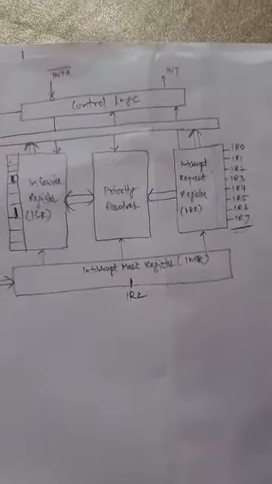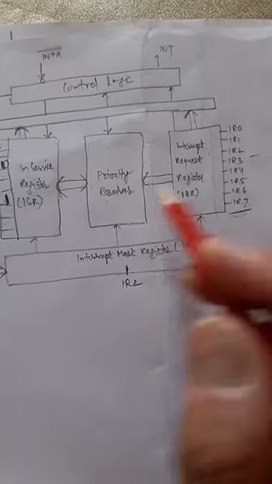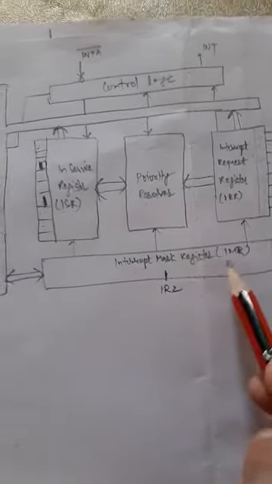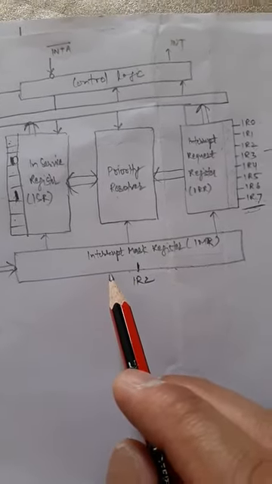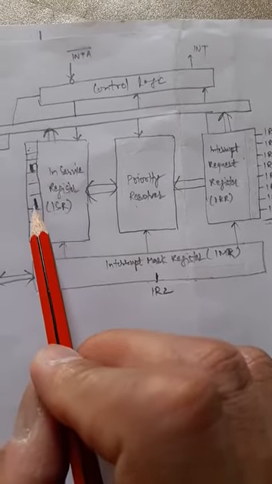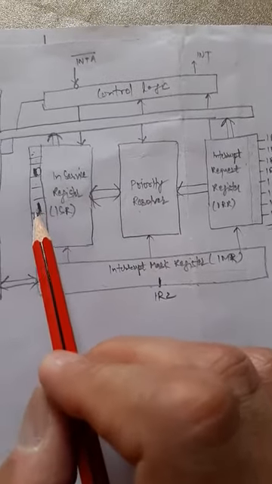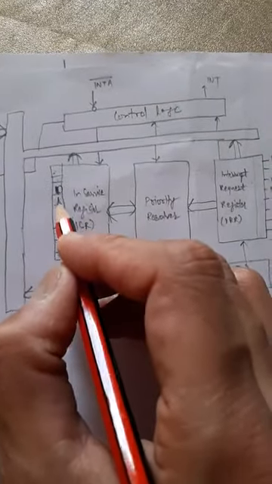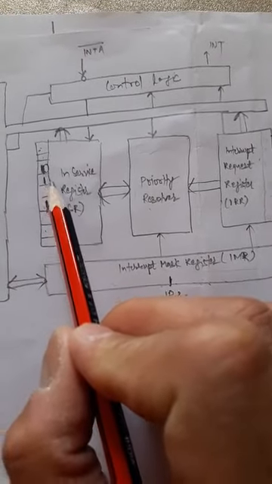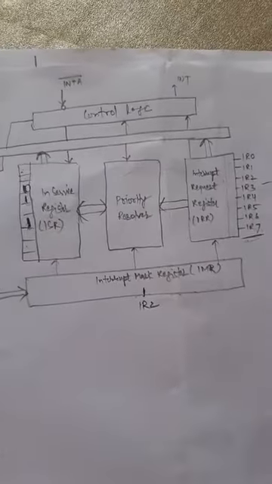Meanwhile, suppose IR3 has occurred. The priority resolver will check that IR3 has requested, then it will check the interrupt mask register. It finds that there is no masking for IR3. Then it looks at the in-service register, which tells that the ISR for IR5 is running. So it will put a hold on that ISR and run the ISR for IR3. After completing it, when this pin becomes 0, the ISR for IR5 will resume again. So this is the basic mechanism of